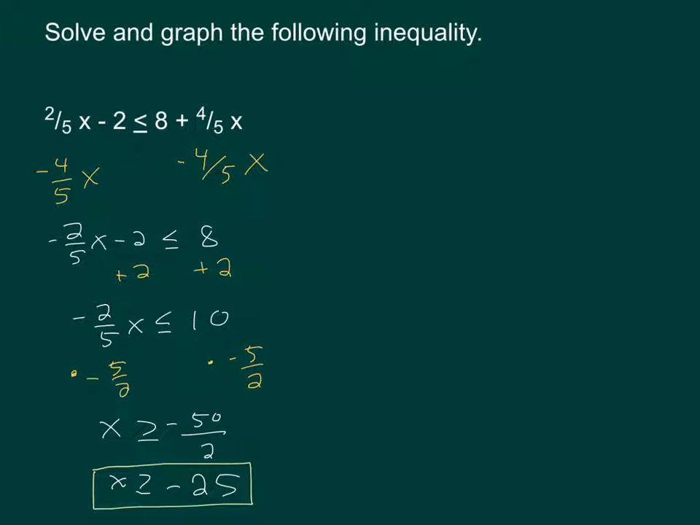Then, on the right side, 10 times negative 5 over 2, treat 10 as 10 over 1, yet negative 50 over 2, which reduces to negative 25. And so now the number line is pretty straightforward from here. Here's negative 25. I need to have a closed circle because of the or equal to, and I'm going to